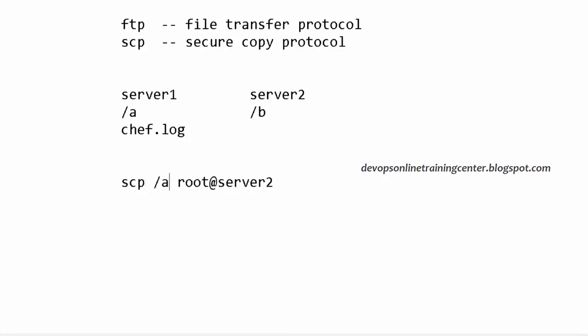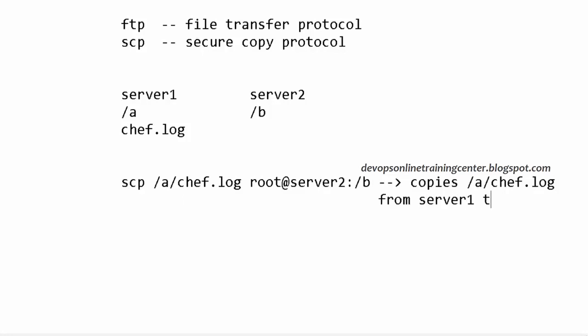scp /a/chef.log. This is the file which I want to transfer to machine 2, in which path? /b. So if you enter this, it copies /a/chef.log from server 1 to server 2. Which path on server 2?